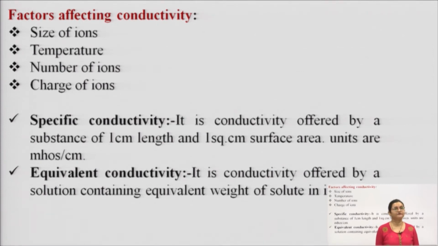Then comes, what are the factors which affect the conductivity? As per our common sense also, we can easily judge what should be the factors which can affect the mobility of ions, mobility of charged particles. How does a current generate? Current generates when charges flow from one position to another position in a streamline, unidirectional motion of charged particles, as we all know very well. So, what should be the factors that affect conductivity?